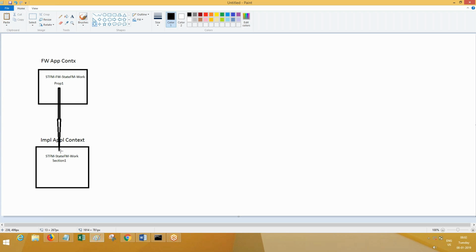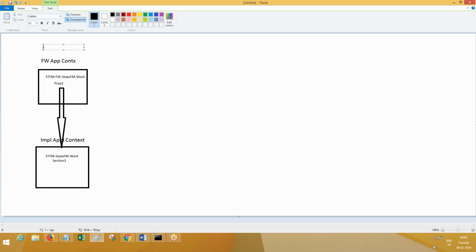I want to include this property into the section. Is this possible or not possible? This is possible because the class inheritance is matching. So far, is everyone clear? If I write "possible", you will be able to understand the relation between property and section. Listen to this closely now.